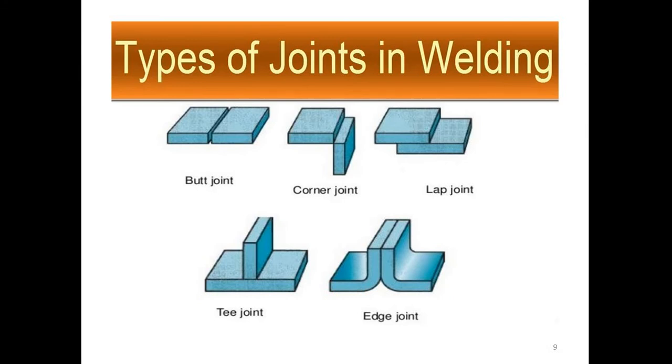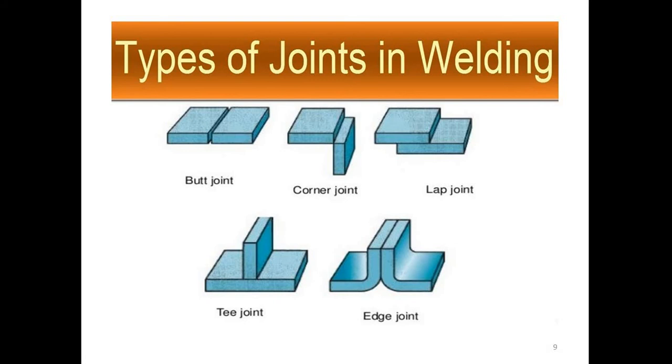Again, here an isometric view is shown, a 3D view, for better understanding of the types of joints in welding. Again, the first one is a butt joint. Two metallic rectangular plates are there, and it may be a closed butt joint, and a single pass or multiple passes may be required to join. In the butt joint, two plates are shown in the figure. For case number 1, joining such type of metal by such a procedure is called a butt joint.